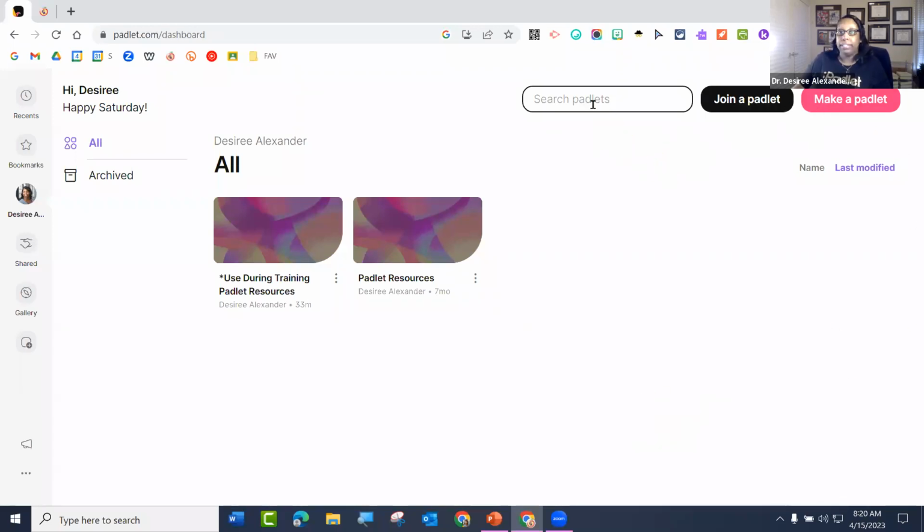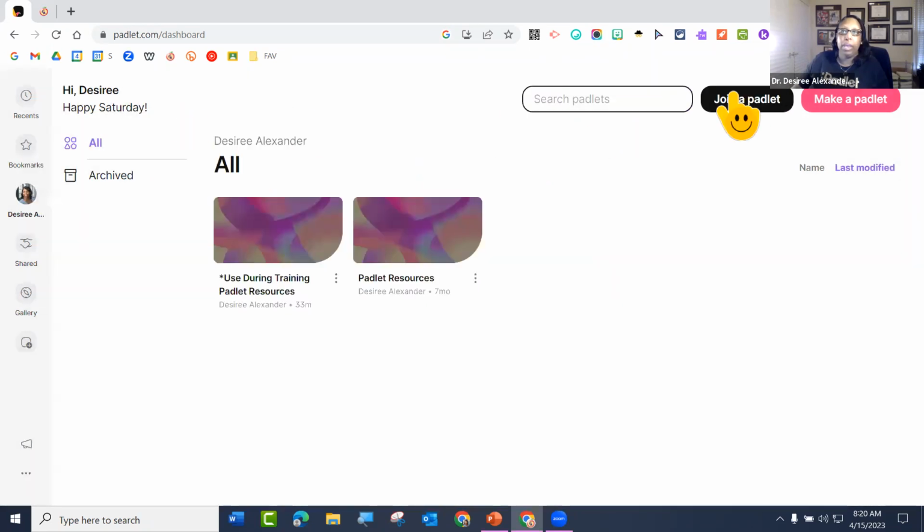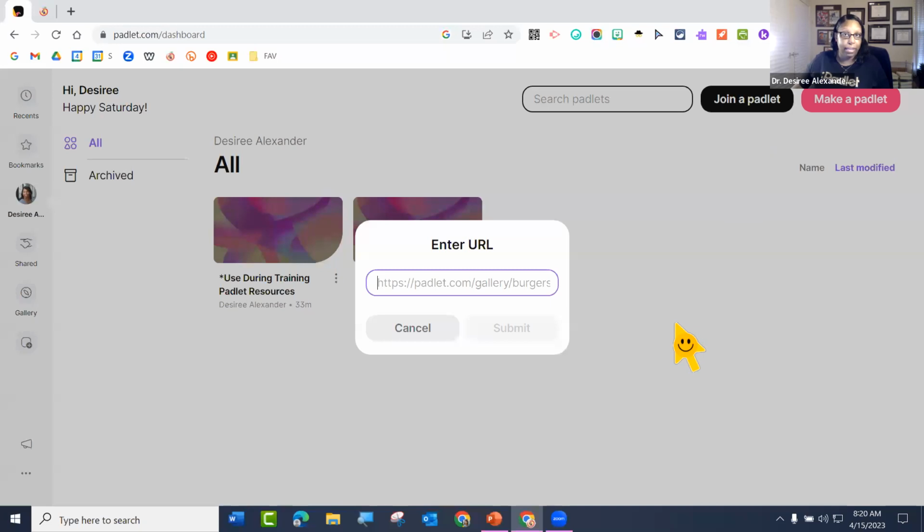Okie dokie. So let's talk about this little section and then each of the Padlets, and then we're going to dig deep into Padlets. So notice you have your search Padlets here, where you can come here and just search using a keyword. You have join a Padlet. So that's what your students are going to use a lot of times. If you have a Padlet that you want them to join and all work on together, you would go to join a Padlet and put the URL of the Padlet here. But I'm going to show you a bunch of different ways that you can share your Padlets. So don't worry about that.